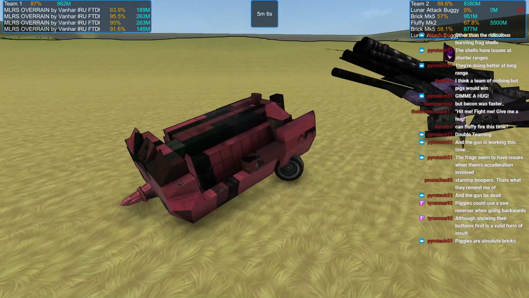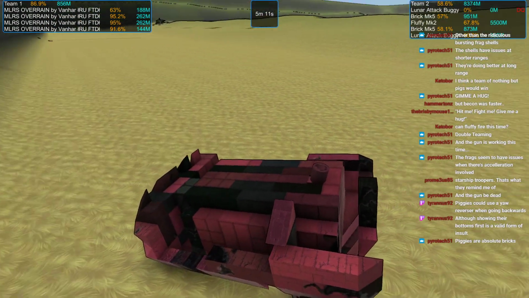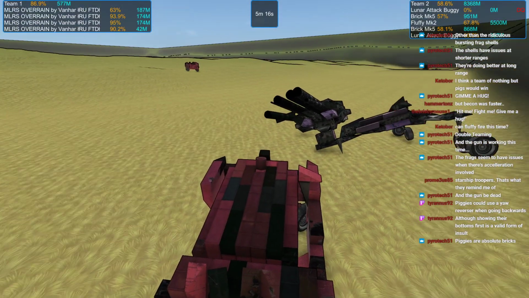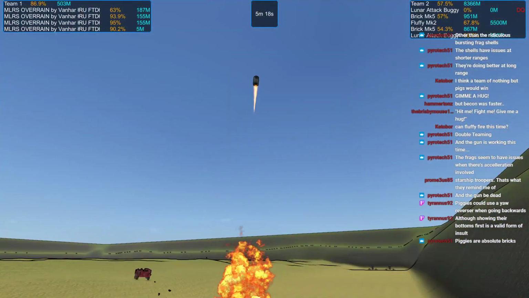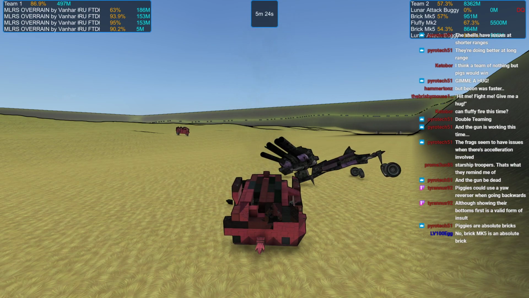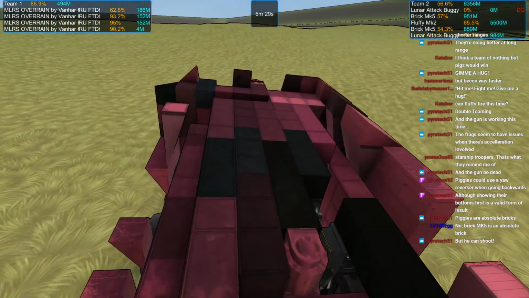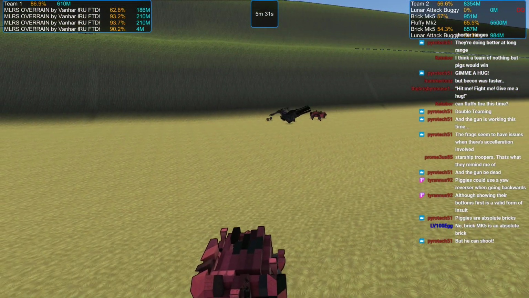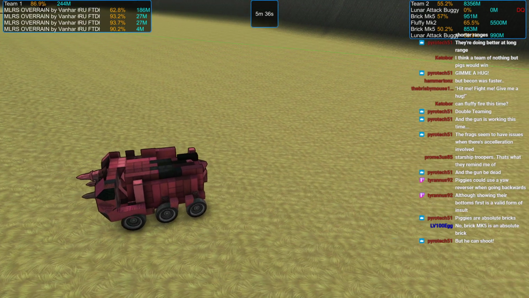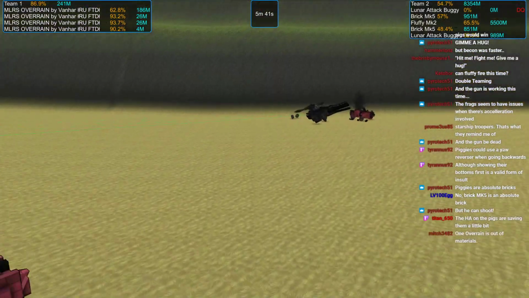Ooh. Uh-oh. Piggy has lost its wheels. It cannot move anymore. But as long as that tail is still pooping out cram shells, the battle continues. I don't know if this one's still functional or not anymore. Maybe if it gets close enough. Because it does still have the firing piece, but...